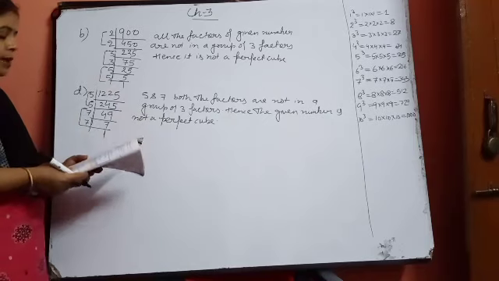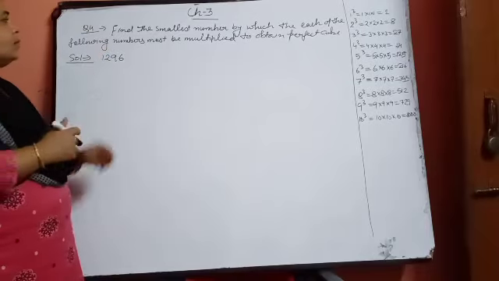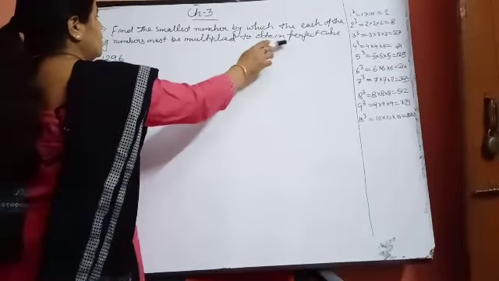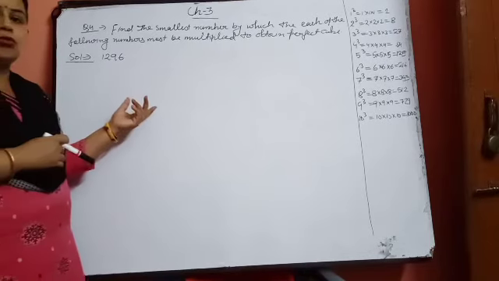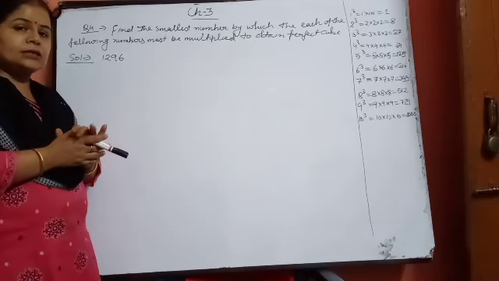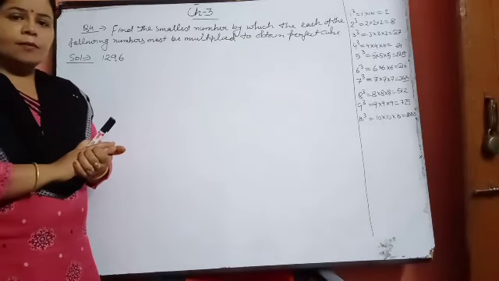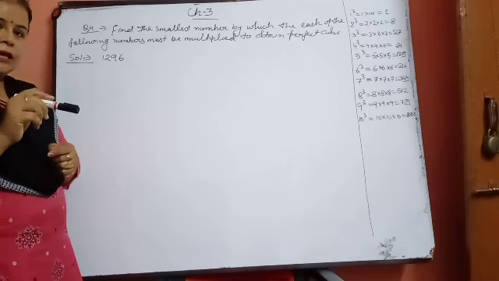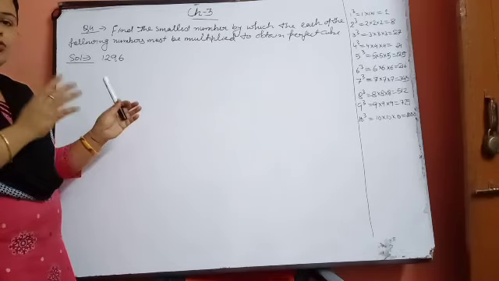Okay. Now afterwards I am moving to the next question. Now see question number 4. Find the smallest number by which each of the following numbers must be multiplied to obtain a perfect cube. You have done these kinds of questions previously in square and square root also. What we were doing there: the prime factorization, and then checking which factor is less than 2 factors, and then seeing by which number we should multiply so that we can get a perfect square number. Same procedure we will do here.